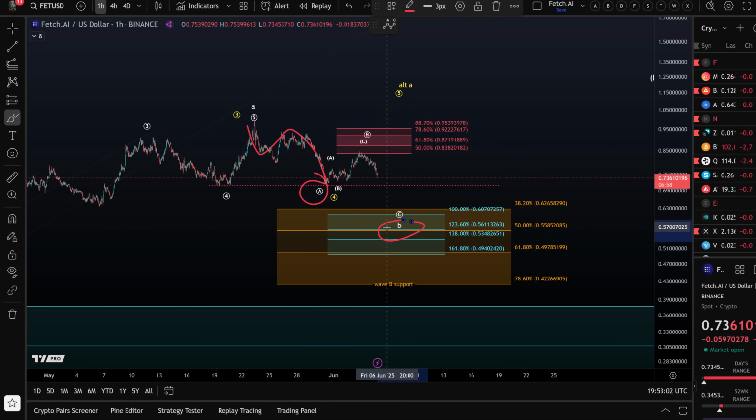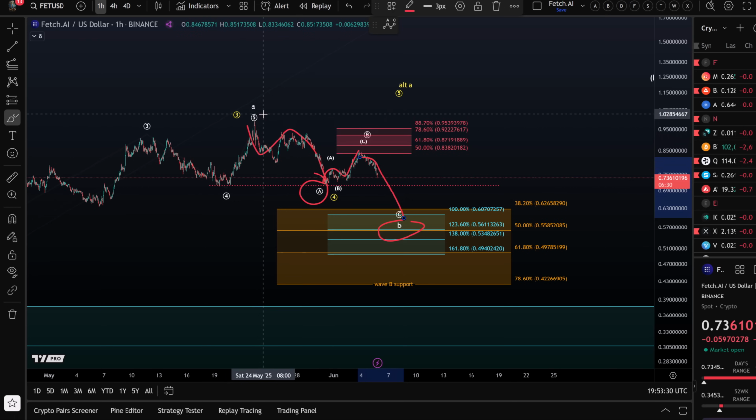If you've been watching our tutorial videos, then you know that a B wave is a corrective pattern and typically consists of 3 waves, A, B, C. So the B wave might have topped already. It could have formed another high on the micro level, but overall it is a 3-wave move up, so it did what it needed to do. It rallied into resistance and got rejected at that resistance area. And now we're coming down in this C wave,